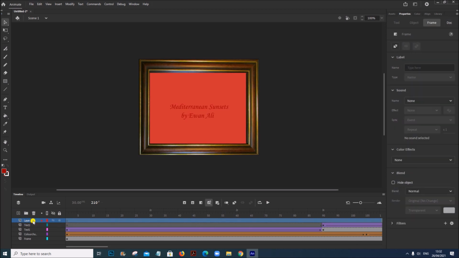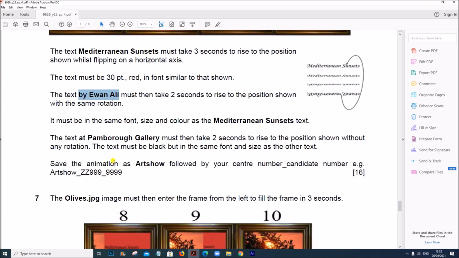Now for the third text. The text at Pambaro Gallery must then take 2 seconds to rise to the position without any rotation. The text must be black but in the same font and same size.